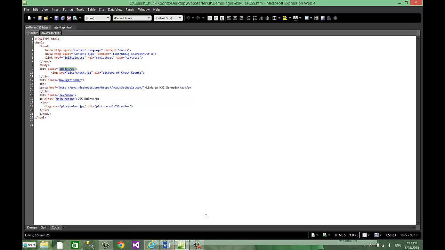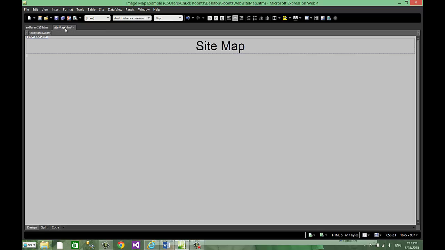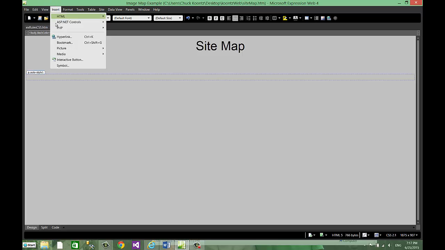All right, one of the last things I want to do here is insert that image into a new page. So here's my sitemap page, and I'm going to come down here a little bit, and I'm going to center, and I'm going to insert the graphics file. So insert picture from file,